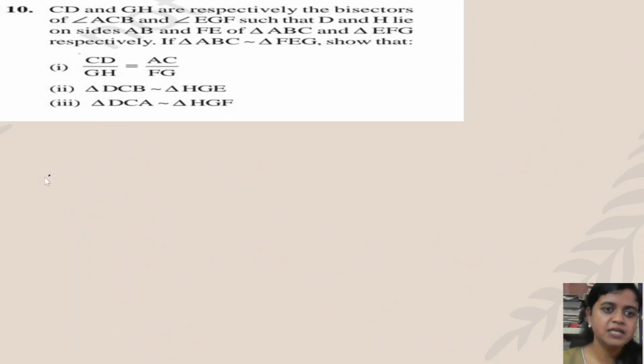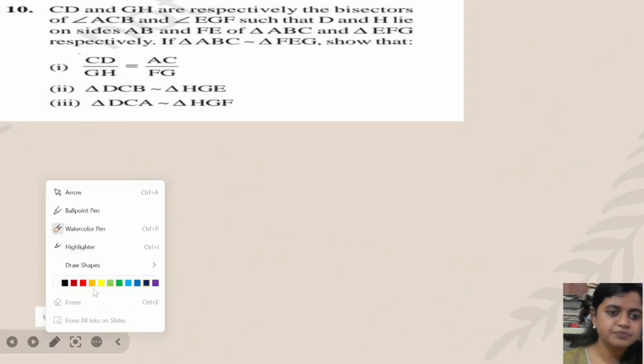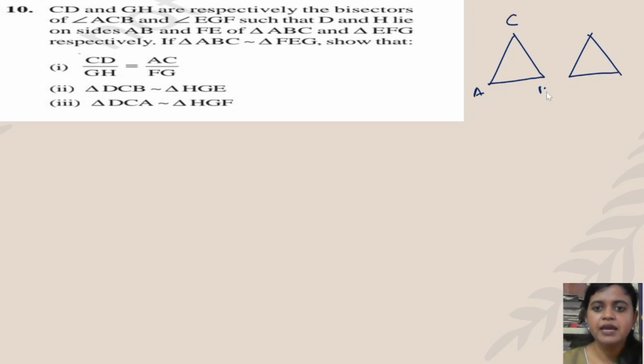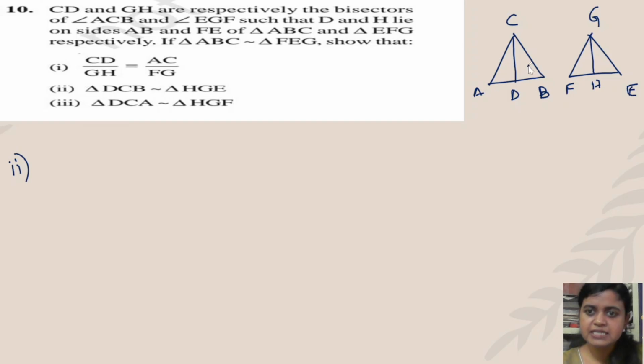Okay. Yes. So first, again we have to draw this one. So this was the figure. This is the figure and this is the figure. So this is C and A, here D, this is G, this is F, this is E, and this was the CD. Sorry, here will be B, and this is GH. Okay, so next number 2, triangle DCB similar to triangle HGE. DCB this one, and HGE, HG means this portion. These two triangles we have to prove.